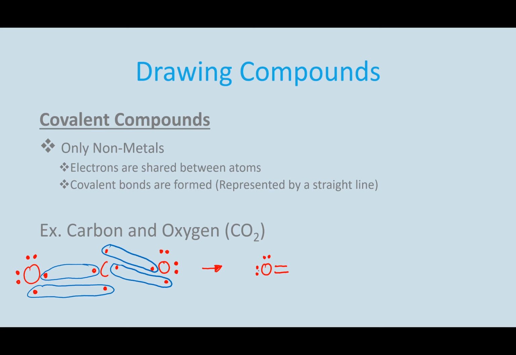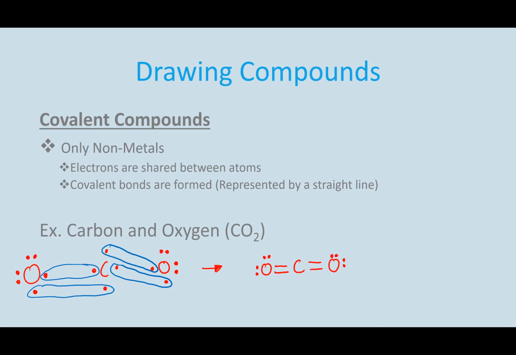So the 2 sets of 2 on oxygen plus the 2 bonds gives it a total of 8. Carbon is sharing 2 electrons, or it's forming 2 bonds with another oxygen,